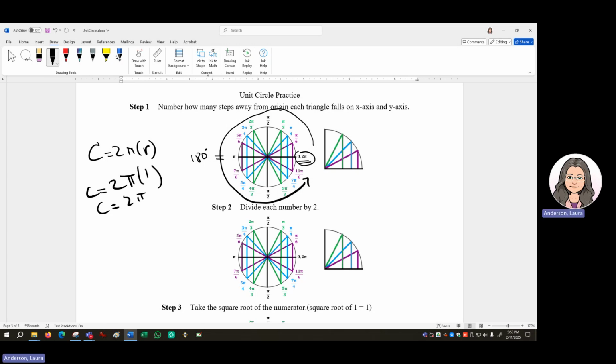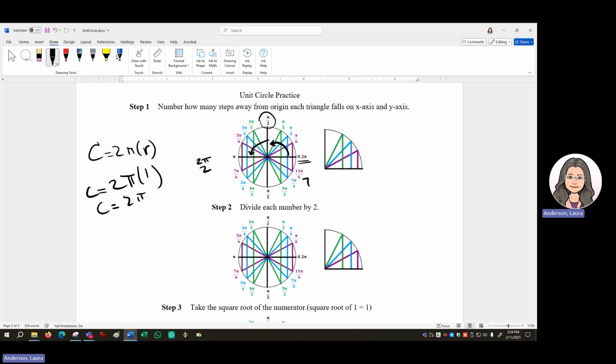Now, we have what we call identity angles that we want to familiarize ourselves with. If we go straight across, we know that's pi because that's half of a rotation. Half of a half is a quarter. So if I took this pi and cut it in half, I would have pi over 2, because pi divided by 2 is pi over 2. So when we jump 90 degrees, that's pi over 2,